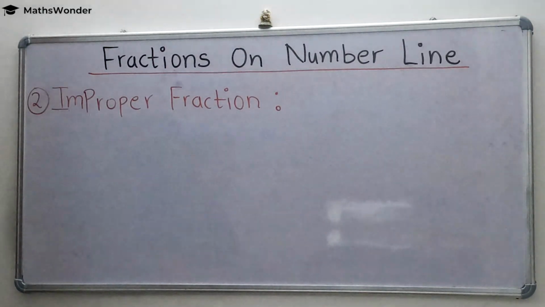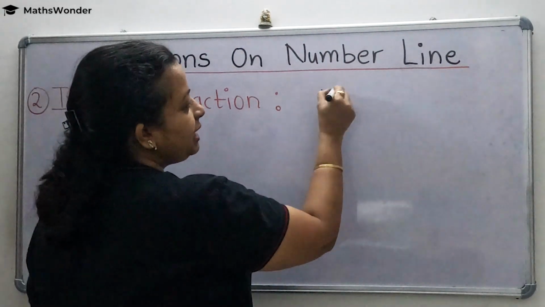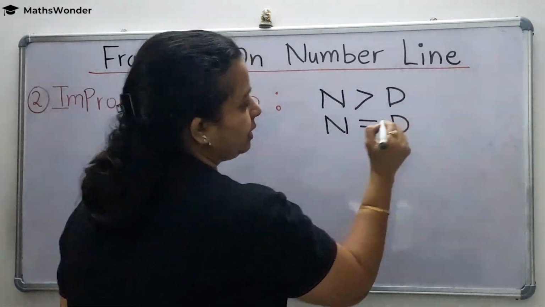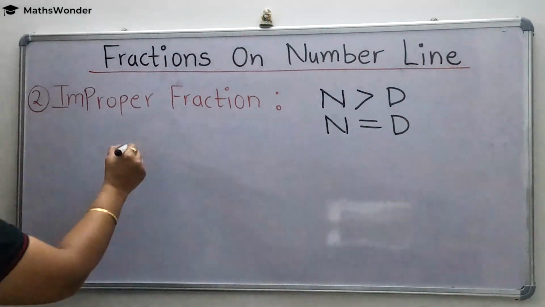So the next is improper fraction. Okay. So improper fraction, what are improper fractions? You know it, when numerator is greater than the denominator and when numerator is equal to the denominator, we call it an improper fraction, as you know it. Now come to the number line. What is the concept? If we represent a proper fraction on the number line, then it will always lie between 0 to 1. But if you represent an improper fraction on the number line,